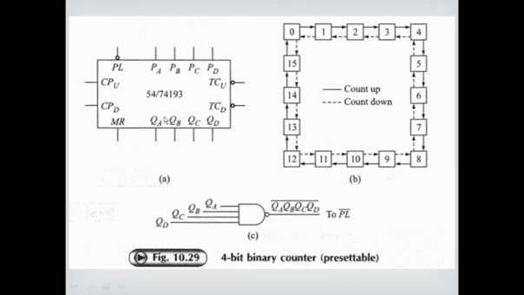This is a schematic circuit diagram for IC 74193. You can see that this is the master reset. Here there is a straight line, no bubbles or nothing like that. That means this pin is going to be activated with active high. While parallel load control has a bubble, which indicates that parallel load is going to be activated when it is low.